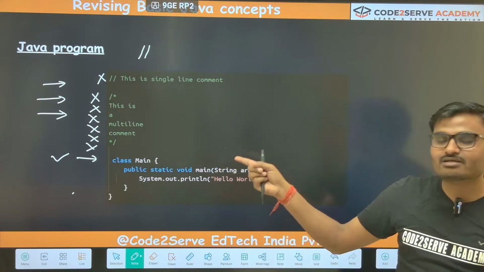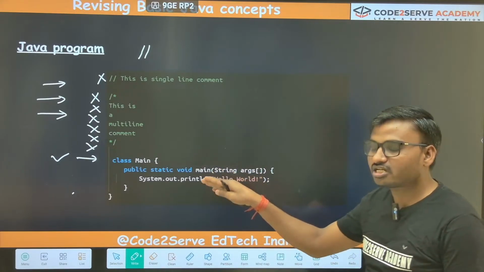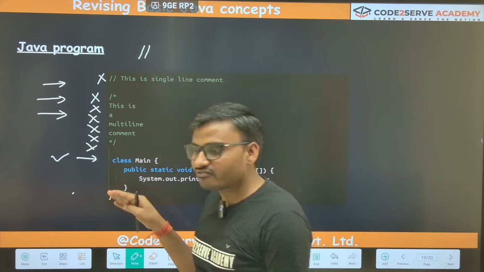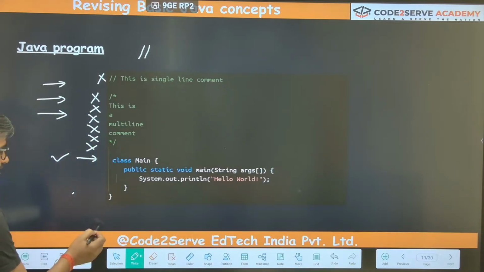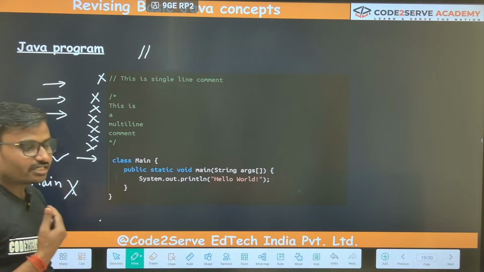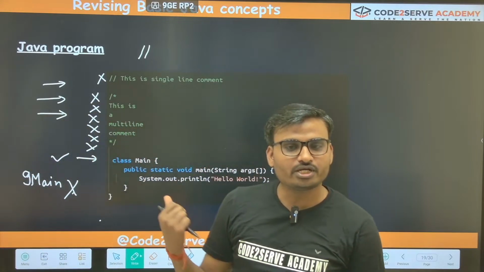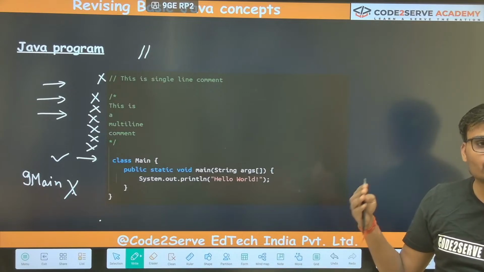There is a set of rules we'll be covering next, using which we have to give a name to a class. We cannot name it anything, right? Like, we cannot name it 9 main. This is invalid. So there are some rules that we are going to learn next. What are the rules to give a name to an identifier?